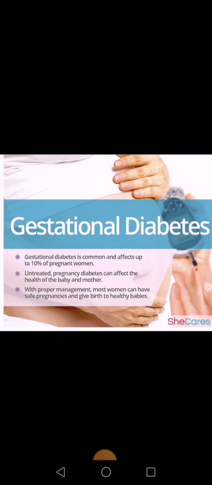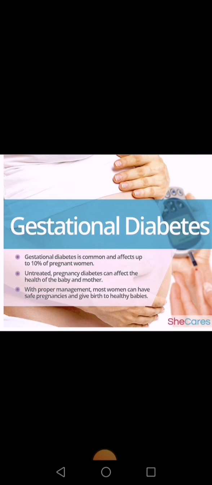bloodstream of a woman. Gestational diabetes is common and affects up to 10% of pregnant women. So it's a more socialized fact in our society. Untreated pregnancy diabetes can affect the health of the baby and mother. Both mother and child can be affected by this disease. With proper management, most women can have safe pregnancies and give birth to healthy babies. If a woman is treated properly and given a lot of care and cures, then both baby and mother can